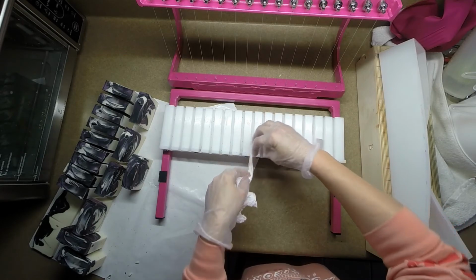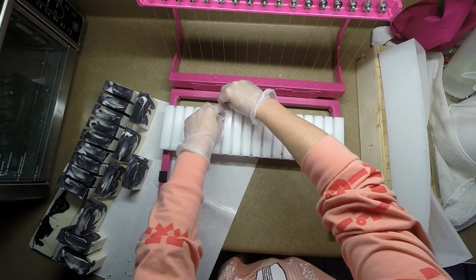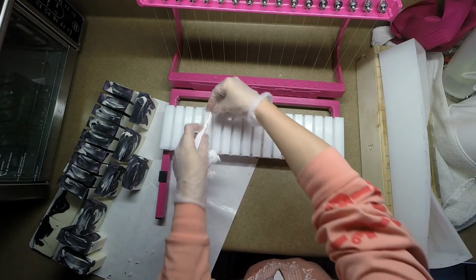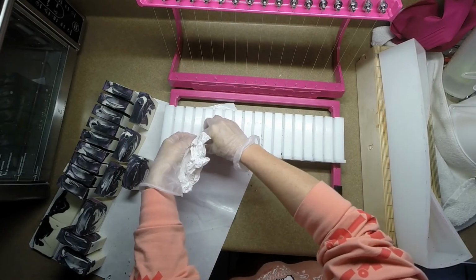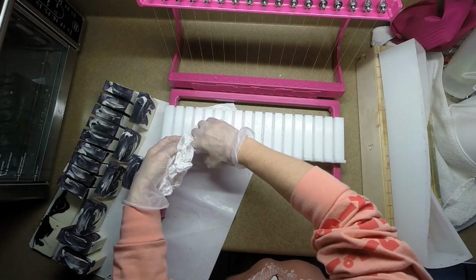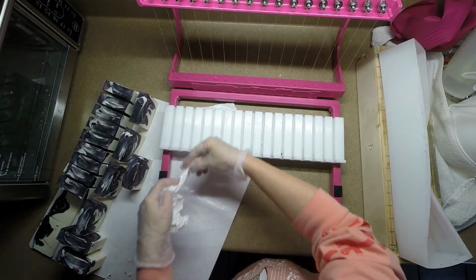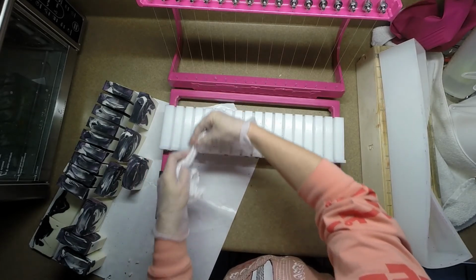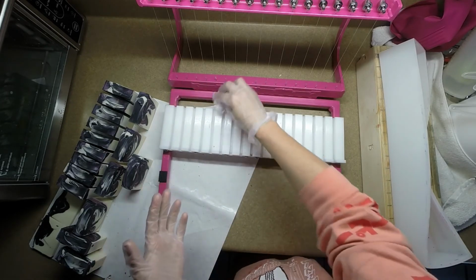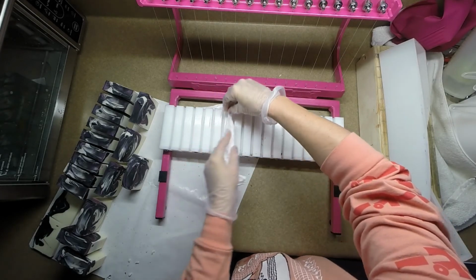But this literally smells like you just walked into a florist shop and you were gonna buy this big huge bouquet of flowers, and you can smell the greenery and all the fragrant blooms and the water. It's crazy that it smells that good. I would never expect that from a fragrance. How can you get those exact notes and it smelled that accurate, like you just walked into a floral shop? So it will be called Flower Shop,